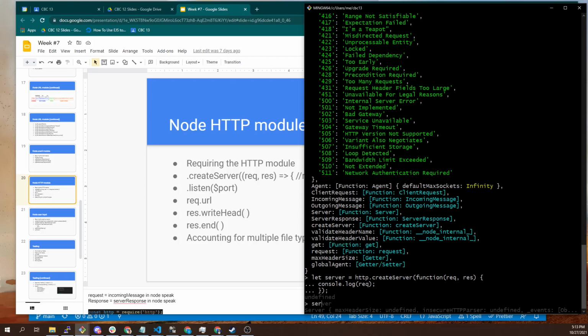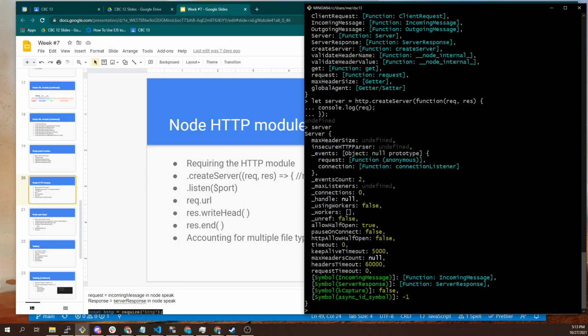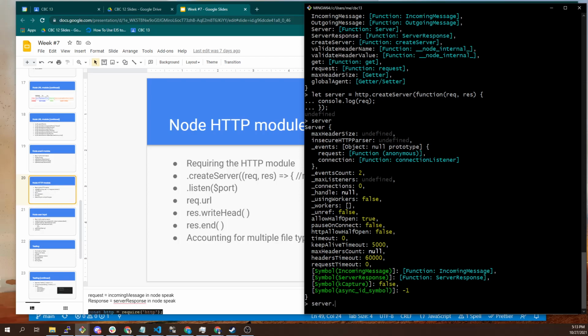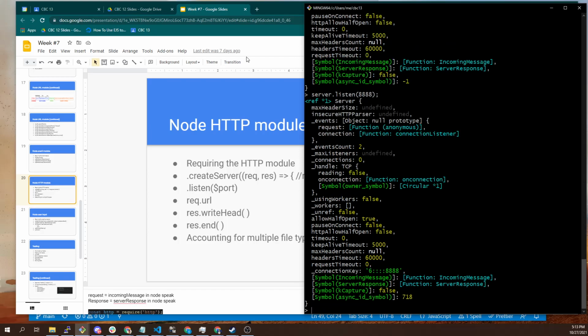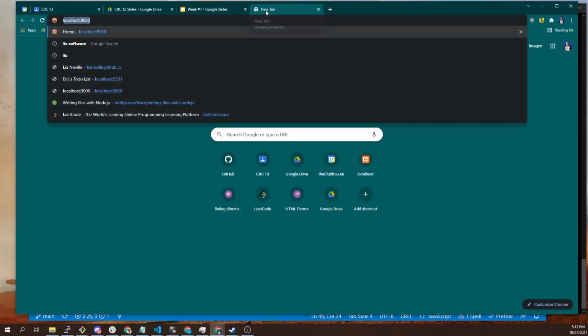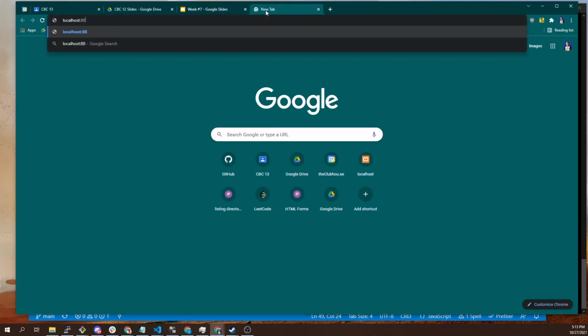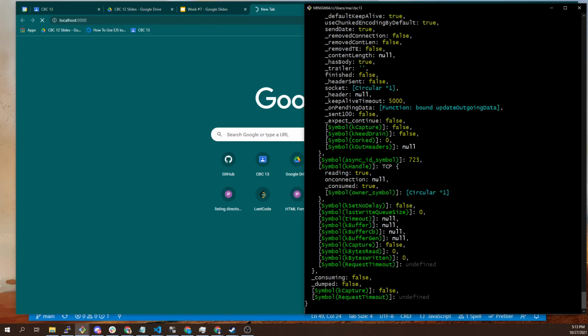Okay. So now I've got this server object, but right now it's not doing anything. We've created a server. We have to tell it what port to listen on. We would do that by saying server.listen, and we give it a port. In this case, I'll do like 5,000. Let's do 8080 or 8888. Okay. So now I've got a server that's running behind the scenes. So if I go to localhost and I go to 8888, it's going to